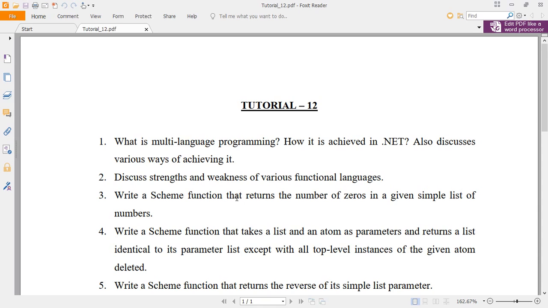Finally, what I want to say is, go through the material and find out the details. The material that I have provided is around 20 pages, and this is a reading assignment. It will enhance your programming skills.